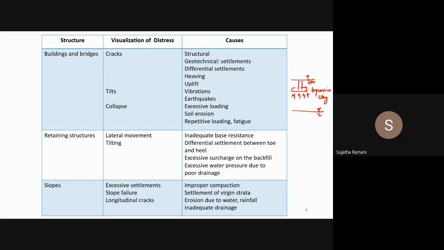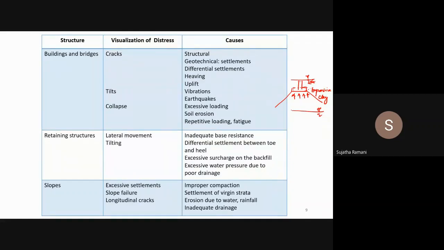Another thing is erosion. This is one of the very important causes for a foundation failure. Now most of the time, the foundation is going to transfer the load to the soil in the form of a truncated cone. If you have a granular soil, this distribution is going to be some 2:1. If it is a clay soil, usually the dispersion angle is 30 degrees. But whatever the case, we are going to have this load dispersion in the form of a truncated cone.